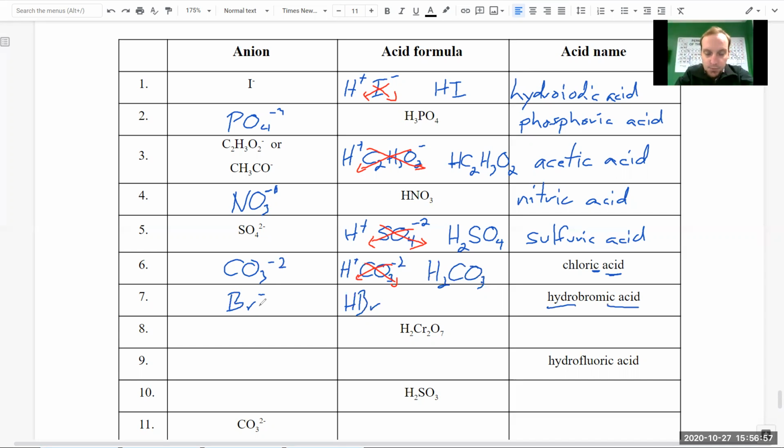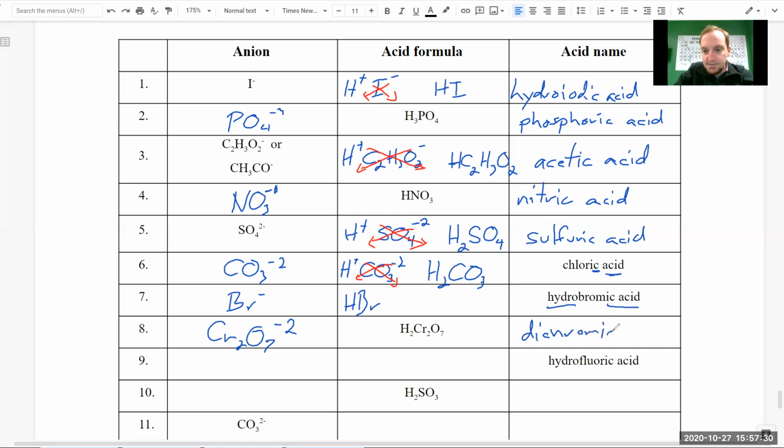Number 8, H2Cr2O7. Wow. Okay, so again, I know it's going to be no hydro on the answer, but what the heck is Cr2O7? If you check your formula chart, it's called dichromate. Dichromate. So the anion is Cr2O7, and dichromate has a -2 charge. Again, you can see that right there. There's the -2 charge, moved down behind the hydrogen. So dichromate would become dichromic